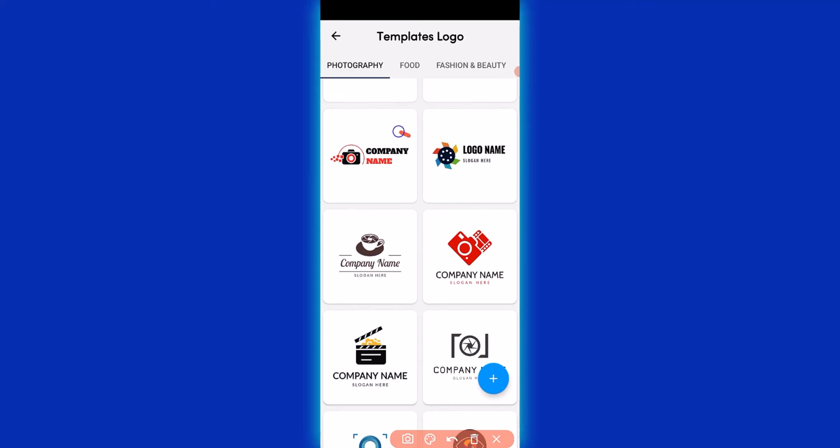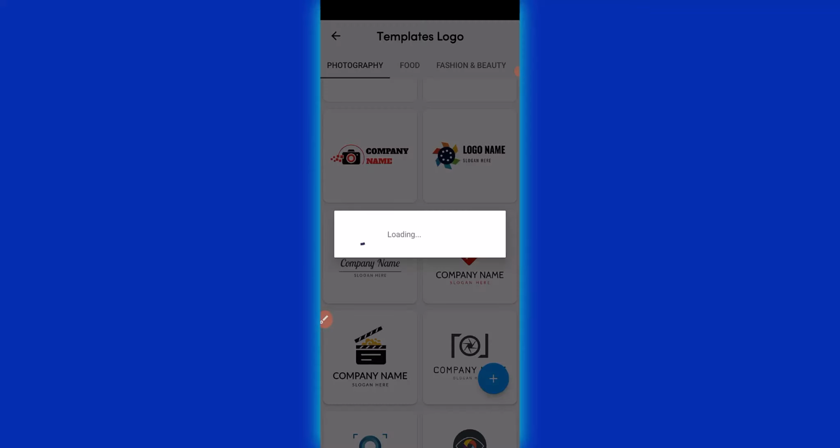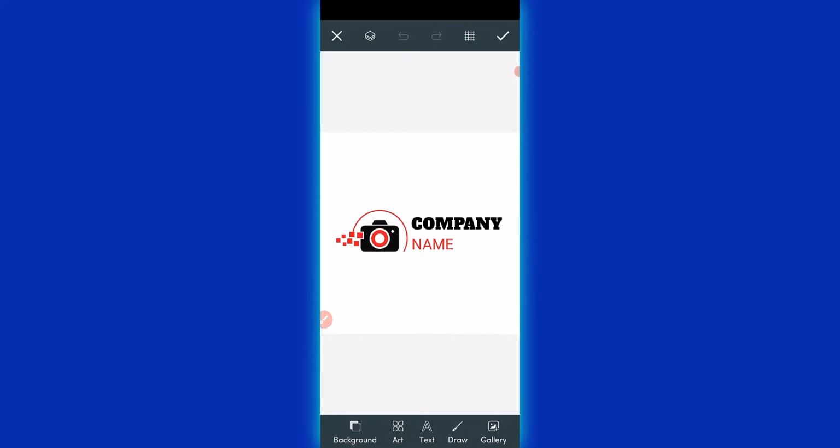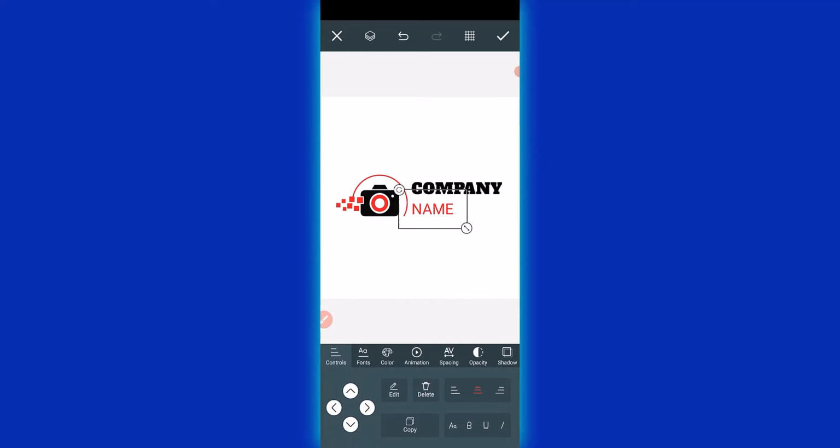I really love this one right here. So if we want something like this, what we need to do is to simply click on the template. Then it's going to load up to workflow area. Okay, simple as that. Now when it's open up into the workspace, we can simply begin to edit and change